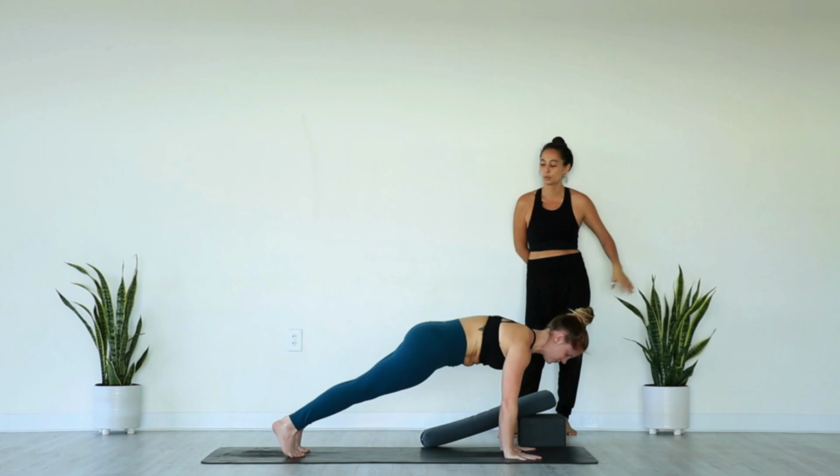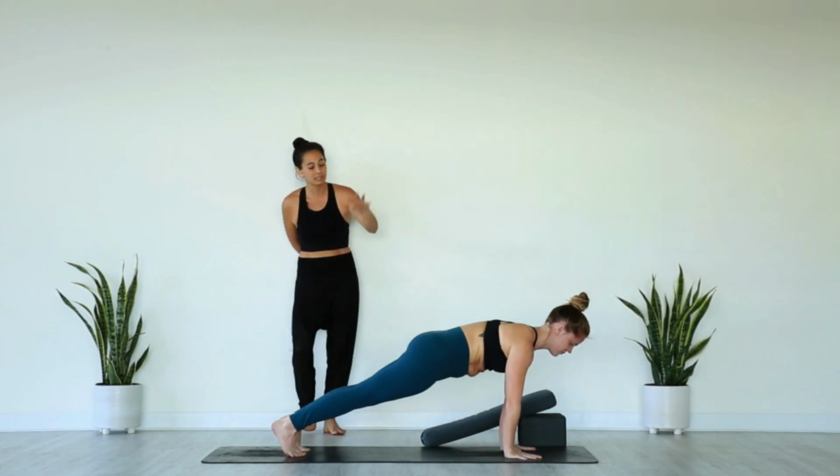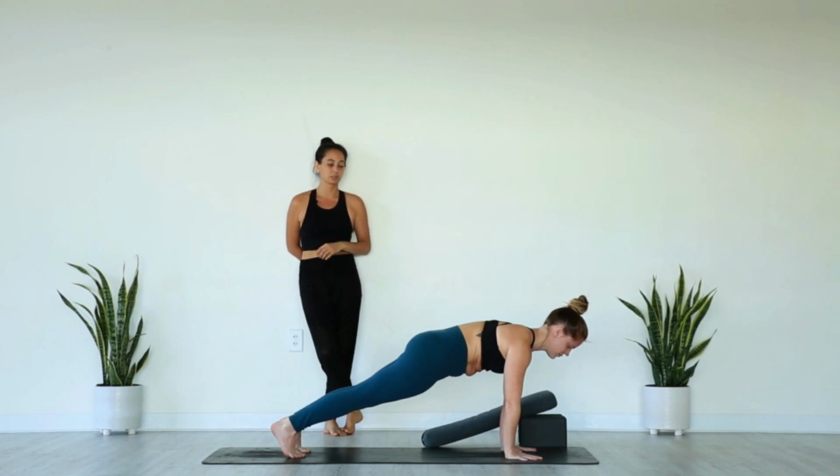Hips level out with the shoulders, heels push back through the wall behind you. Thighs firm up towards the ceiling against the weight of your hips, staying level with the shoulder blades. Even if you have to drop to the knees for modification, tuck your tailbone towards your heels so you can pull your belly tight. With your wrists, elbows, shoulders stacked,